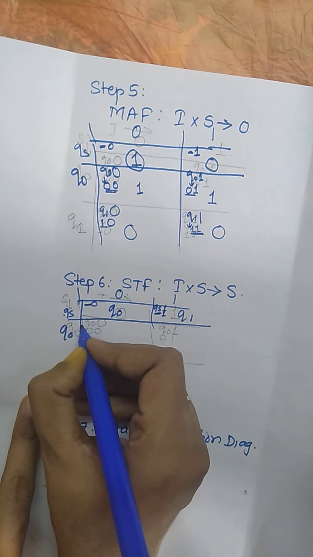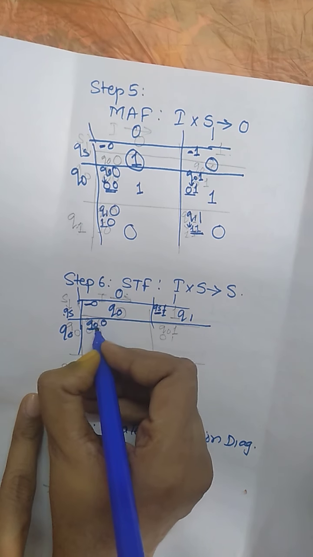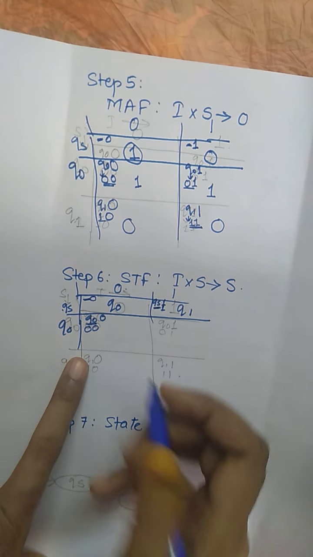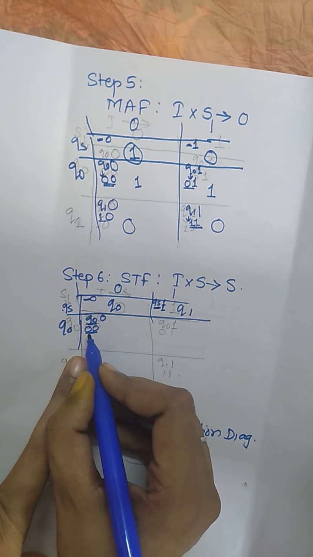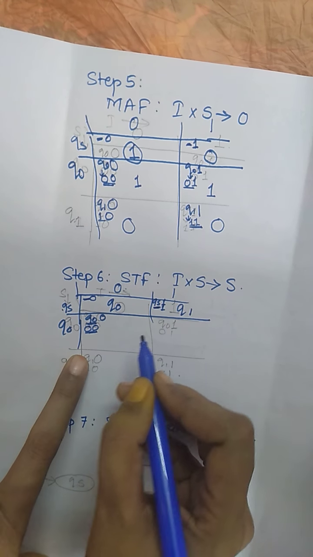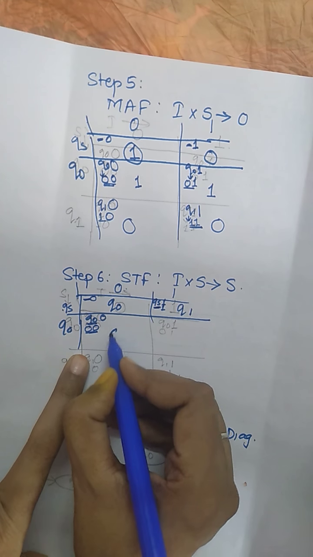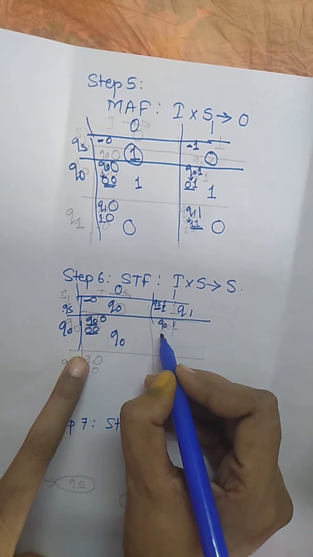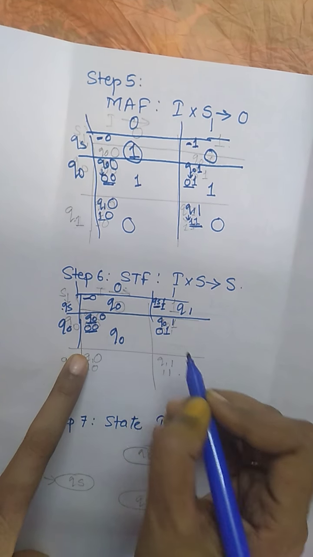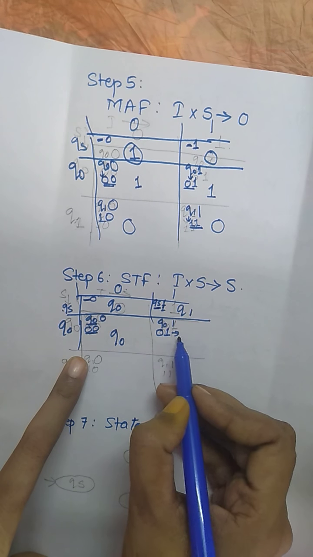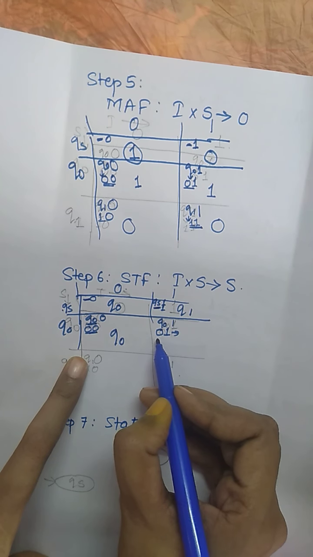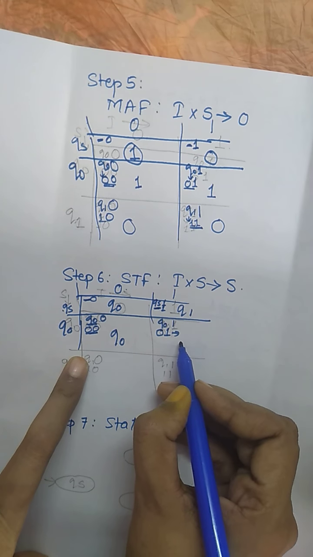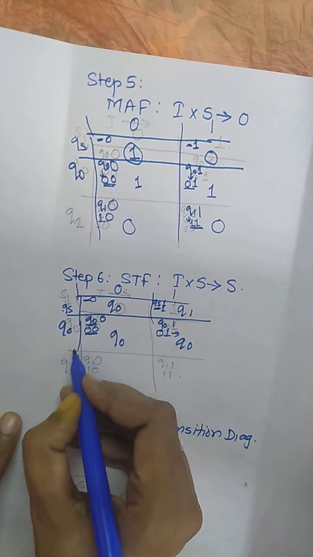Now Q0 with 0. Which string is represented by Q0, starting with 0 with the next bit as 0? So the resultant string is 0 0. Whether this string is according to your question, yes, it is marked with the Q0 state. Now Q0 with 1. Q0 represents the string starting with 0 with the next bit as 1. What is the resultant string generated? It is 0 1. Whether 0 1 is according to your question, yes. So what is the state representing the yes output? It is Q0.